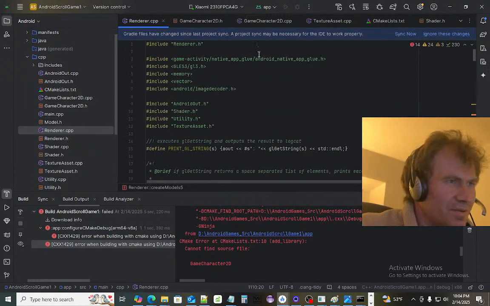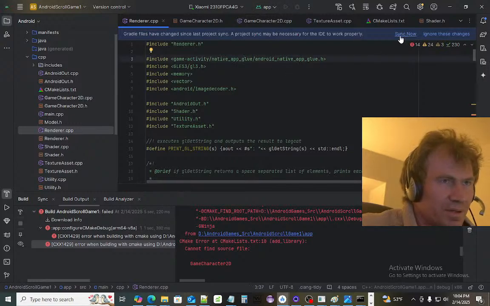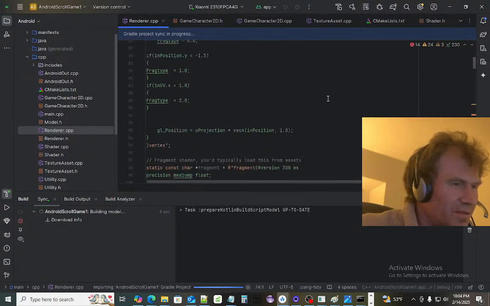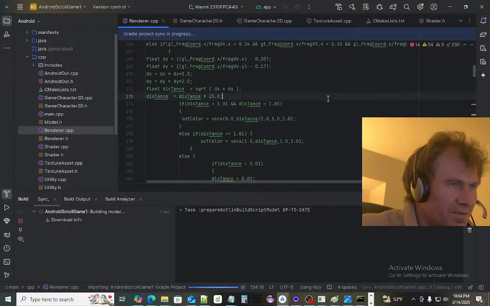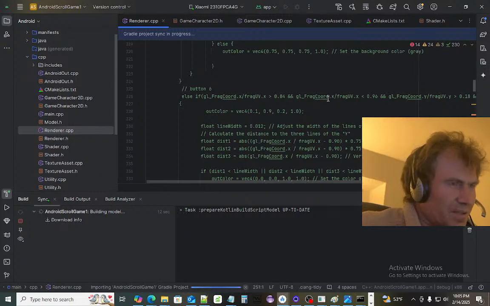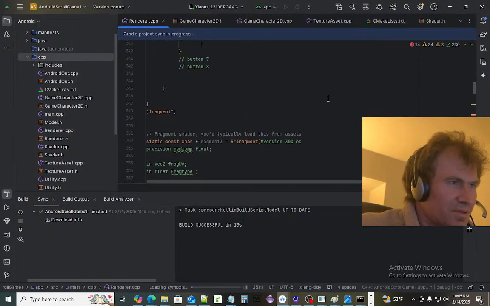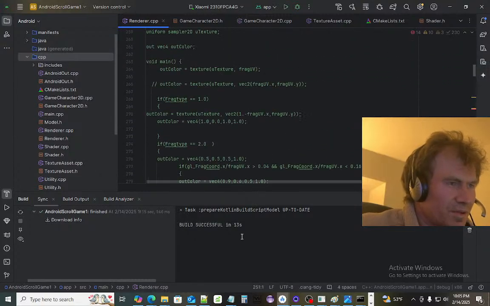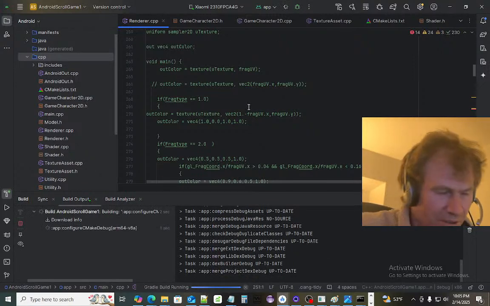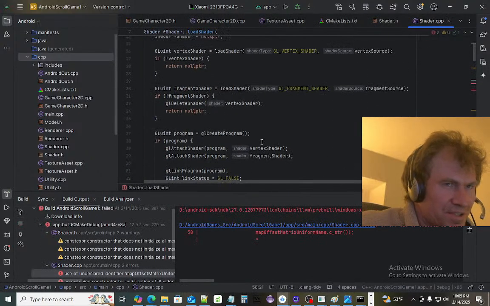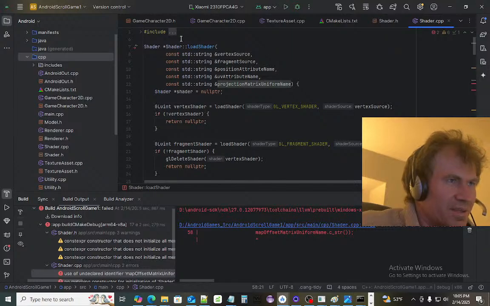Alright, so we know what our problem's going to be, but we want it to happen anyway. Okay, sync our project, but this is good. We're reiterating on a common mistake. Anybody was going to make that mistake too, not just me. So before I had the same kind of issue. So we're going to look at their shader, because I know I'm going to fix it really fast. We just want it to fail. Okay, build successful. No, it's not. That's just the CMake build that was successful. So it's stupid because it tells you build successful in the same character string as